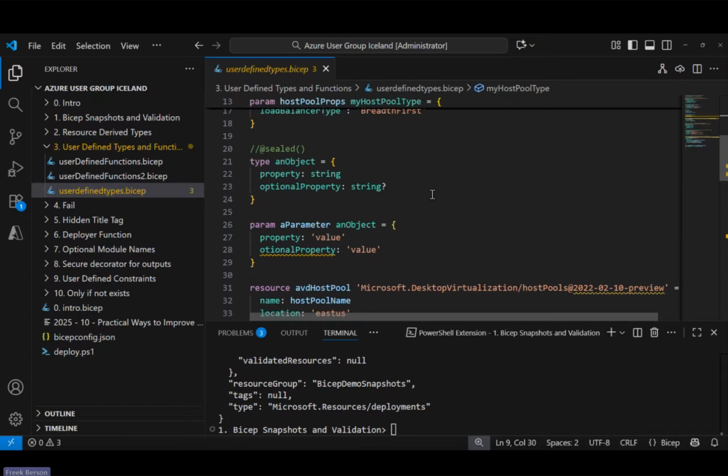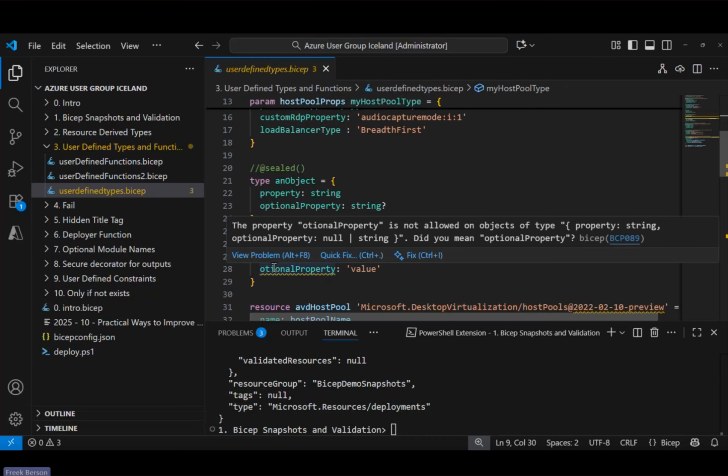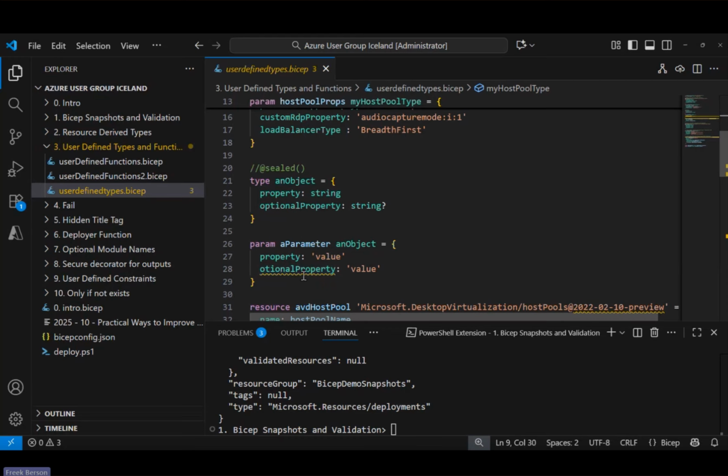And there's an interesting thing about these type definitions, which is relatively new as well. So I have another short example here of another object that I'm creating and then a parameter where I'm using it. But as you can see, I made a typo inside this property here. It says optional. So the P is obviously intentionally left out here. But you get this warning, right, saying, did you mean optional property by any chance? And of course I did. But as you can see, it's a yellow squiggly right here. So it does still allow me to use this template to compile it and to deploy it.